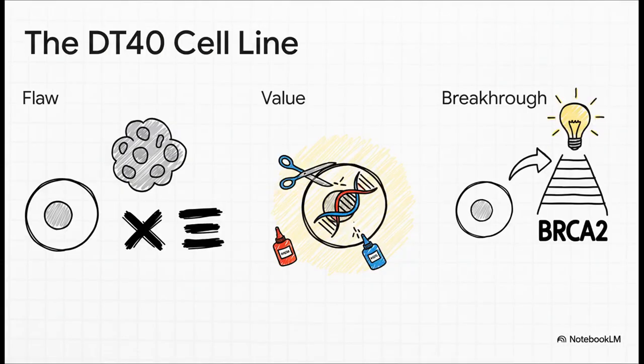Well, here's the secret. These little chicken cells have a kind of superpower. They're unbelievably good at a process called gene recombination. And what that means is that scientists can go in and edit their DNA really, really easily. This makes them the perfect tool for asking super specific questions, like how a gene like BRCA2, the famous breast cancer gene, how does it actually work on a mechanical level? So yeah, they're the wrong model if you're trying to replicate a whole tumor, but they are absolutely the right model for answering that very specific genetic question.